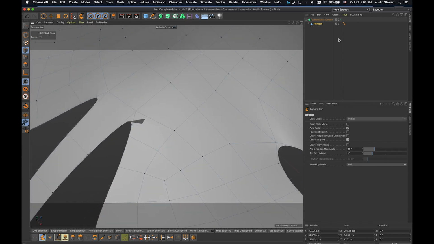And maybe that's because this subdivision surface is on. Yeah. So the subdivision surface is causing a couple problem areas in here, and what might work is to just create a little bit more geometry. There we go. Right, so you can see how just